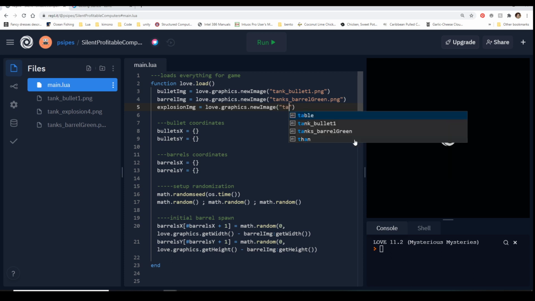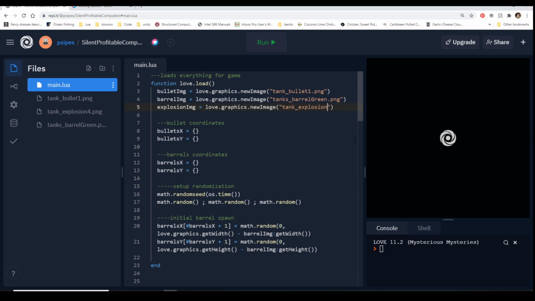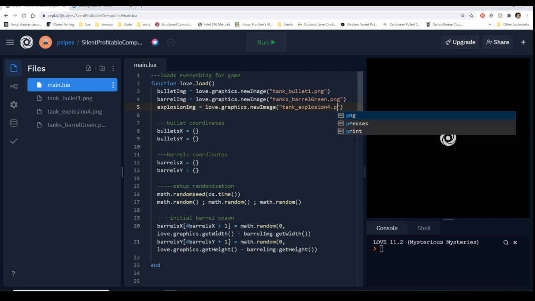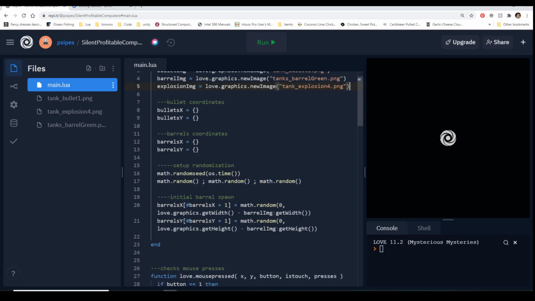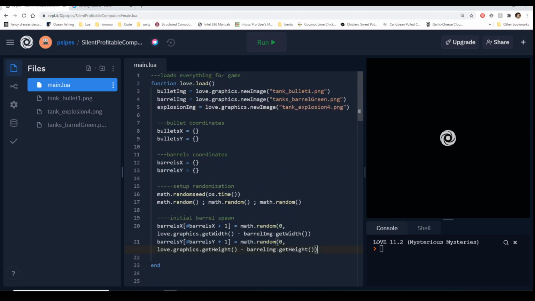We just got to make sure that we spell everything right. Tank underscore explosion 4.png. So now we have our image. And the next thing we have to do, because these are in this order, I'm going to go ahead and add the explosion stuff down here.